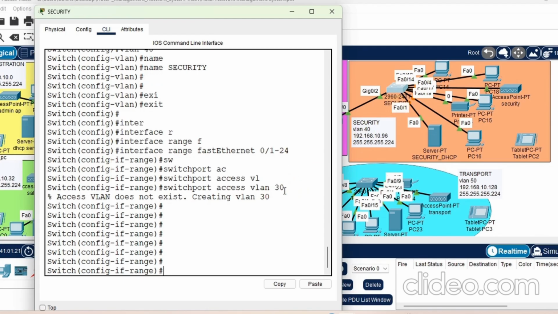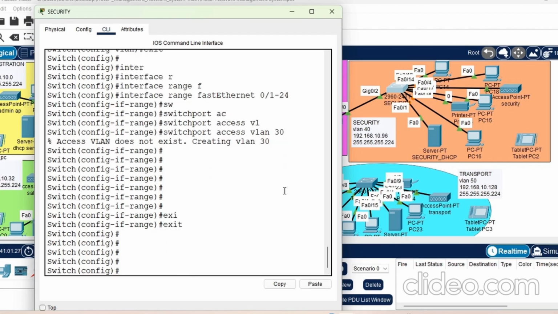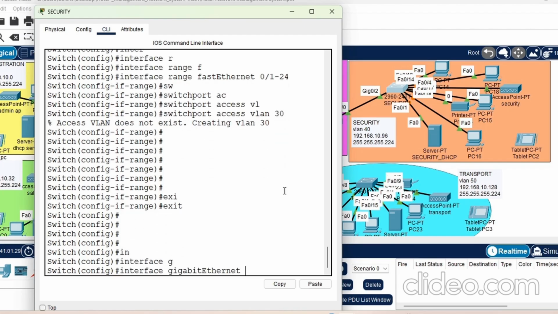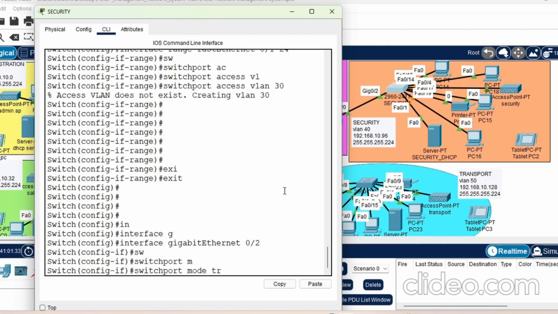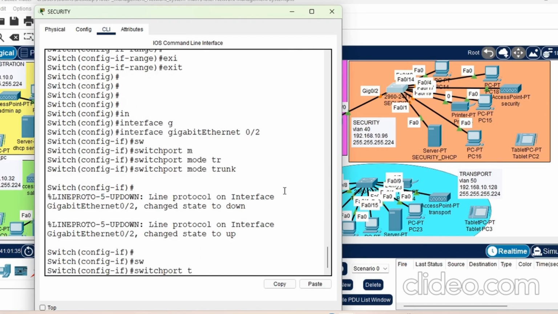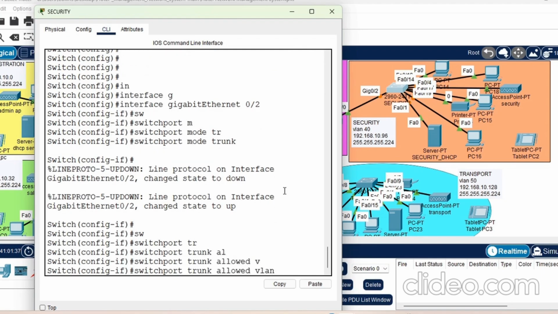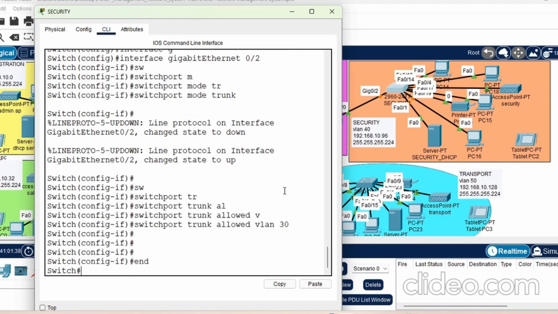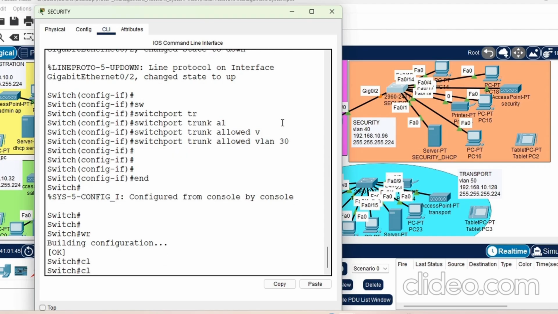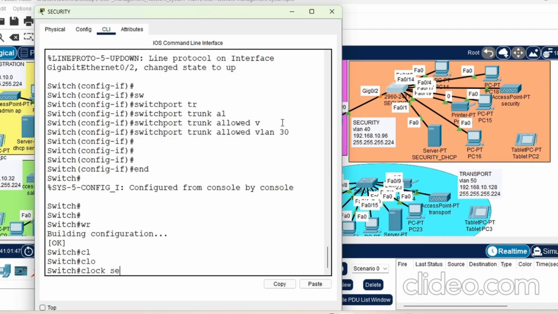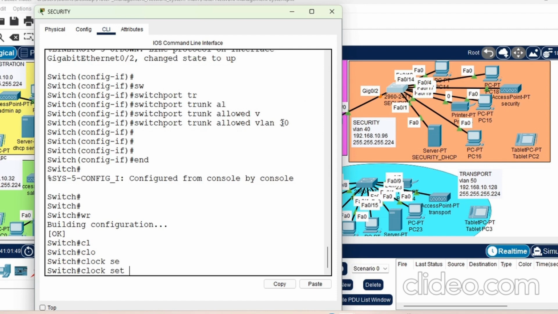You see, the moment I put them into the VLAN, it changes, because by default all these switch ports are in what we call native VLAN, untagged VLAN. So now I'm making it carry tagged data. So exit, then interface gig 0/2, that is switchport mode trunk, then switchport trunk allowed VLAN 30, and you see,